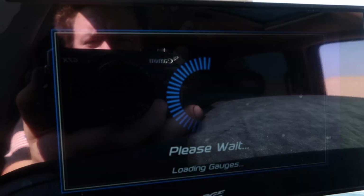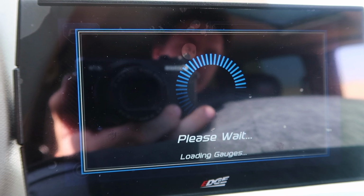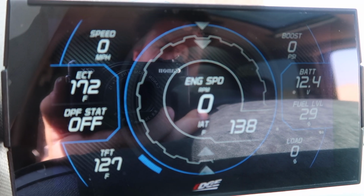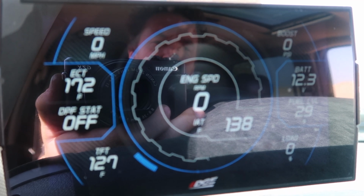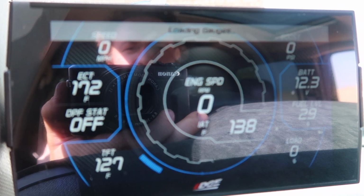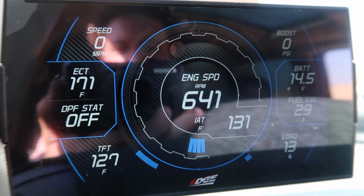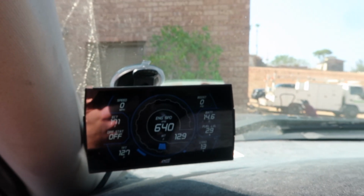But we'll go ahead and shut the truck off, see how fast the startup is and all that stuff, and see if it loads in once it's all done doing its thing. Oh, it shuts off pretty quick. So key out. This is starting it up. So that's pretty quick. So it took all of about 5 seconds to load in and get right to our PIDs. We didn't need to set the truck up or anything. It just kind of did it auto on its own. So I'm pretty happy with it. I think it's pretty cool. I'm gonna play with it a little bit for the day,